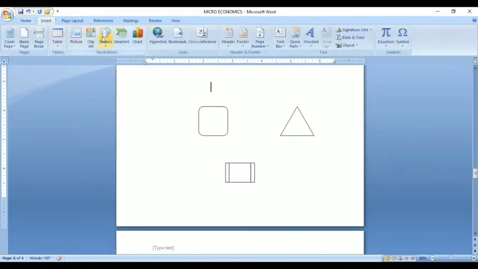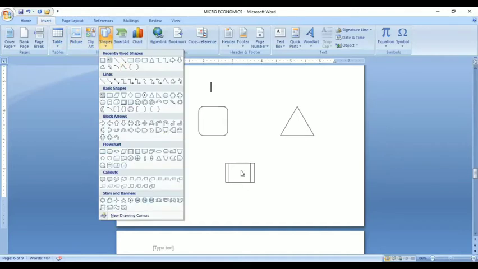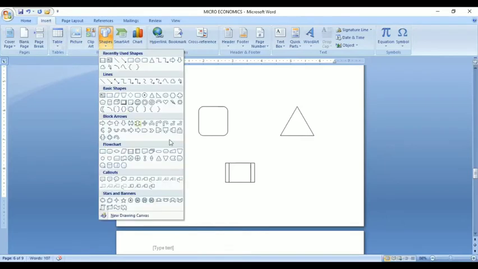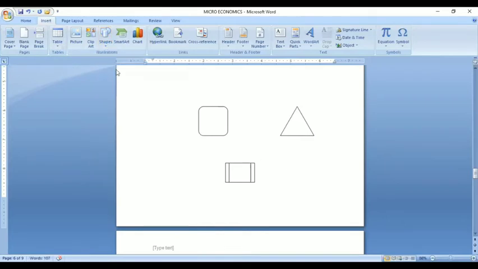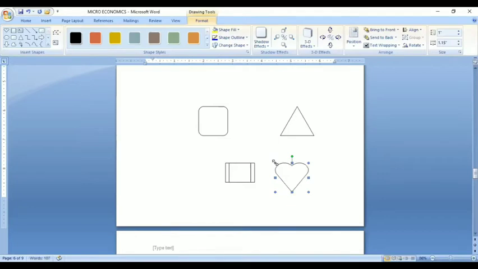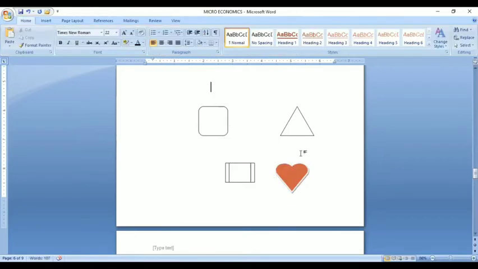You can apply shapes and you can give the color also. Color also is available. Again, for example, I want this heart shape. See, the colors appearing here. You can add colors. Red color I want, so red color. Like that you can apply in shapes.